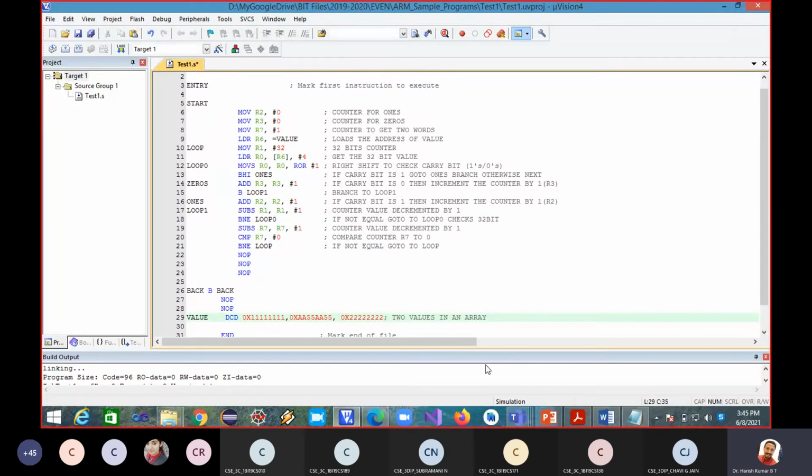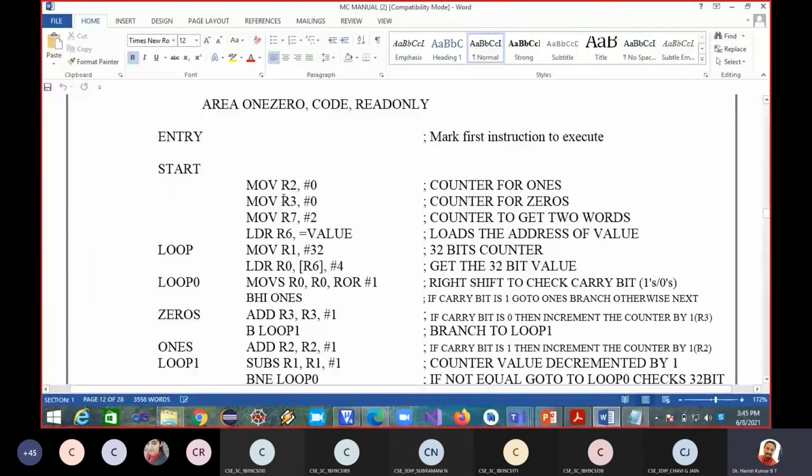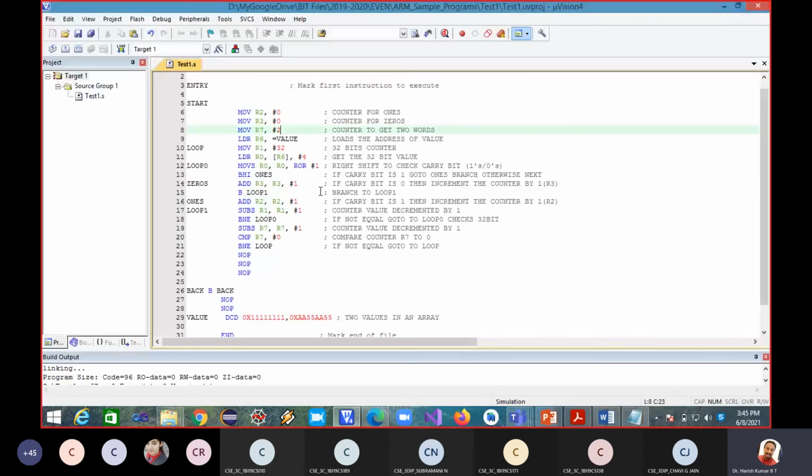I want this program to be for 2 consecutive memory locations only. In the manual, instead of 2, it is made 1. I have updated my copy, but the copy on my Google site still says 1. Please update it to 2.